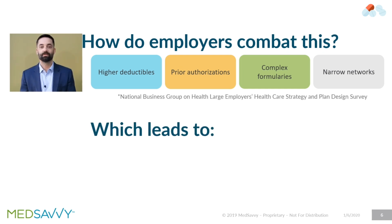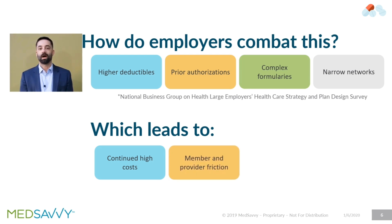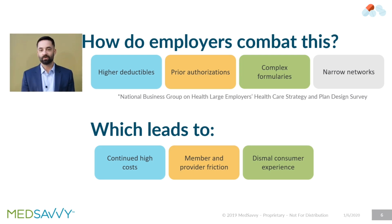So what's the effect of these practices? Well, costs have continued to rise. We certainly haven't seen, and nor are we expected to see, costs start to go down. We also see significant member and provider friction. I used to work at a health plan, and my name went out on 100,000 prior authorization letters every year. I did not get a lot of thank you cards. In fact, I got a lot of complaints. It was a dismal consumer experience. And finally, we're seeing subpar innovation as pharmaceutical manufacturers introduce Me Too products that have prices even greater than their